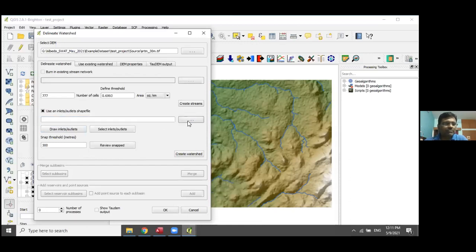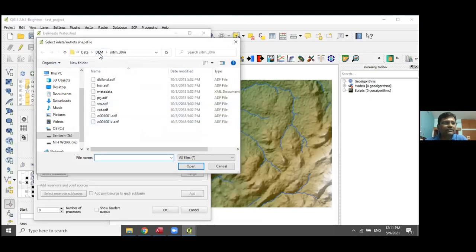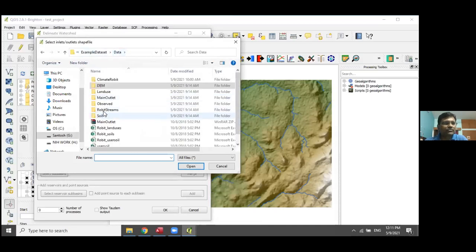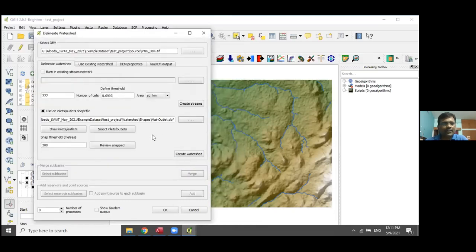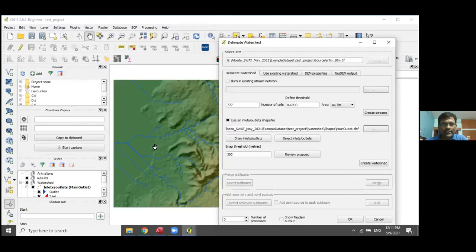I will just import the watershed outlet. This is the main outlet. So you can just click on the main outlet .dbf file, and it will be imported.